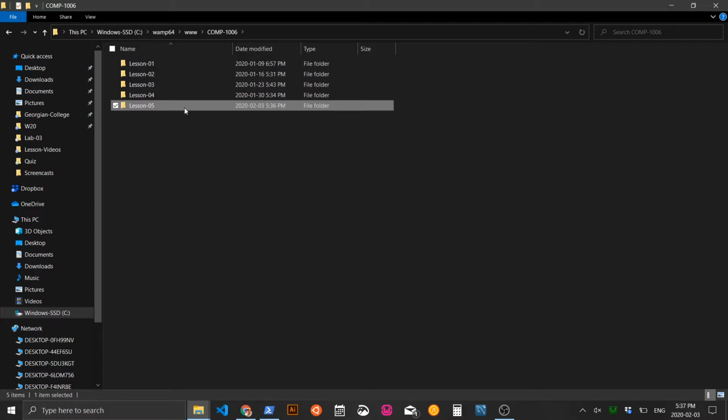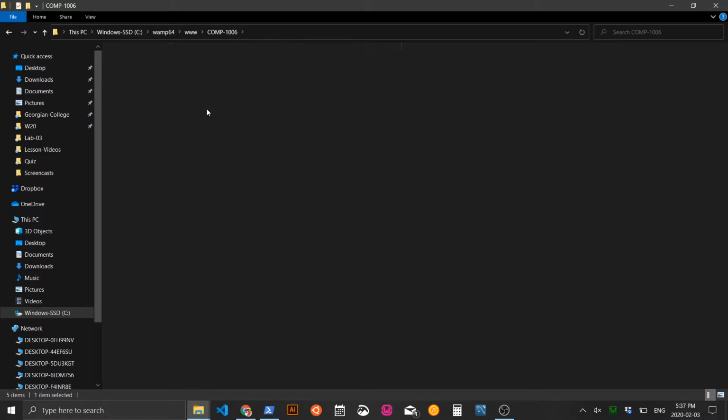So all of our stuff that we did last week is now sitting in lesson 5, and our first step is going to take lesson 5 and push it to our repository online. Okay? We're going to use lesson 5 to do that. In order to do that, we kind of need to be able to navigate to this directory. There's a few different ways we can do that. However, the simplest is to drill into lesson 5,